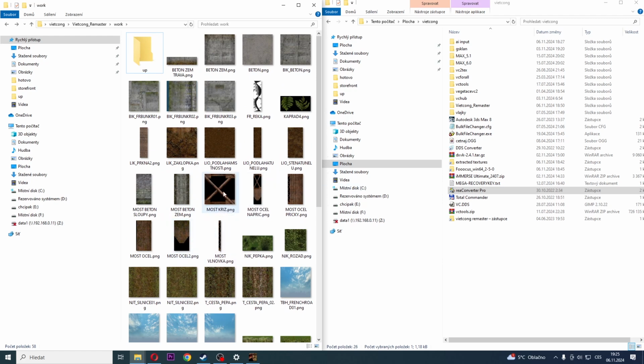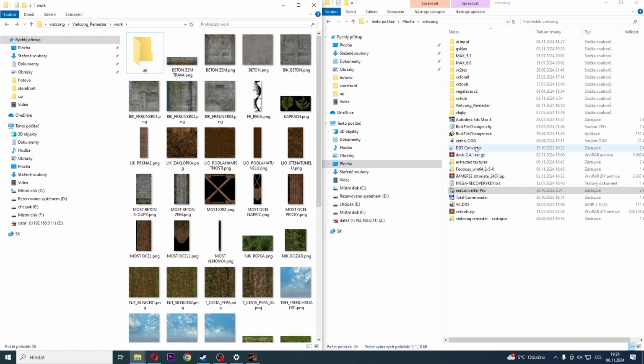Look after the textures which have transparency in them, because the automatic program can mess up. And as you can see here, the transparency was lost, and I have to do it